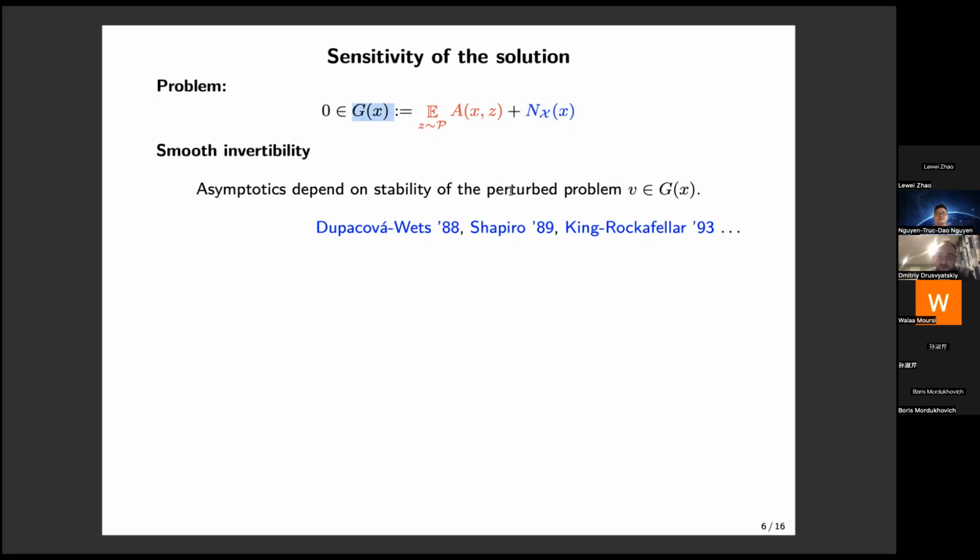And what really matters for asymptotics is how stable the solutions of this system, 0 inside g of x, are if I wiggle the left-hand side, if I wiggle v. Quantitative measures of the stability will appear in the asymptotic covariance